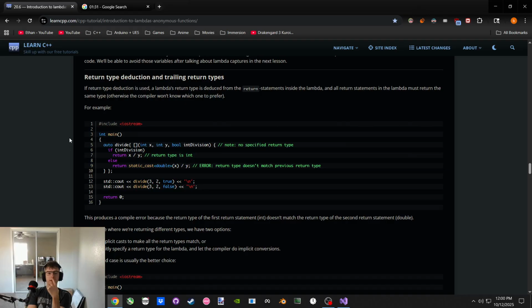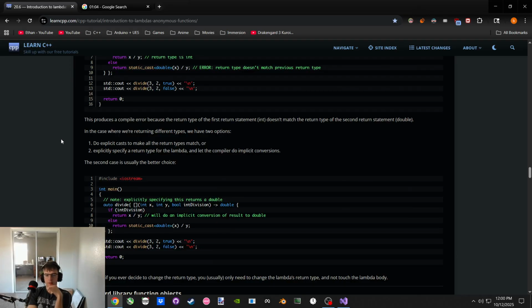So the point is that we need explicit casts to make the types match. So cast the int to be a double, or specify one, and the compiler will do it. If we just specify that it's going to be a double, then it will just do it. That way, even when we do the int, we still get 1. It's just 1 cast to a double to be 1.0, and standard character output will omit the trailing zeros.